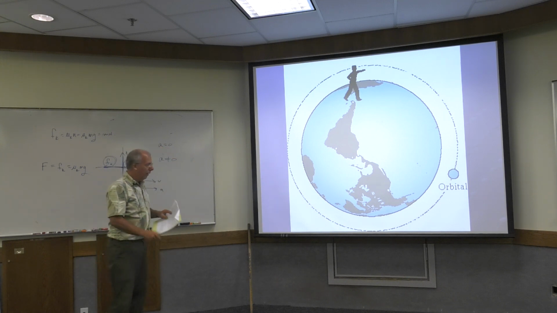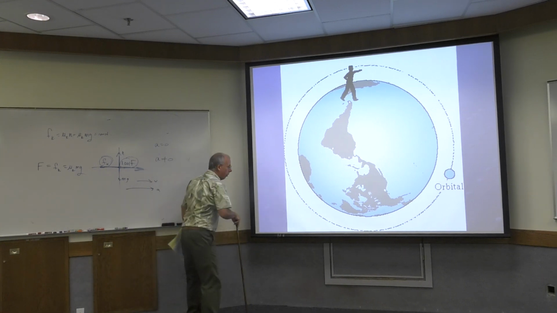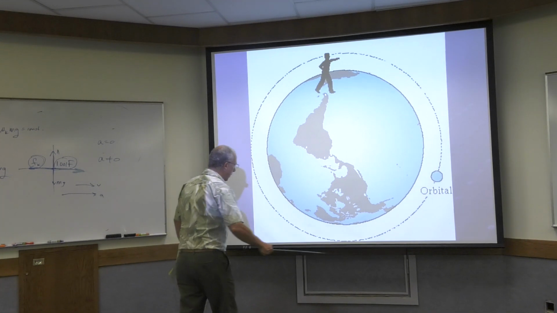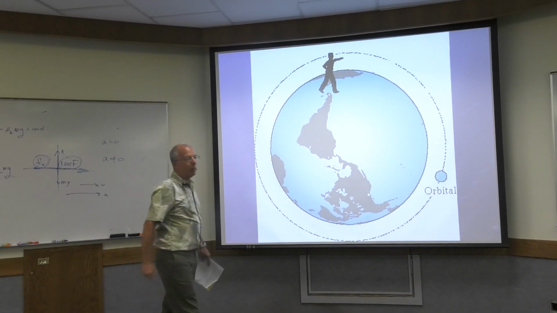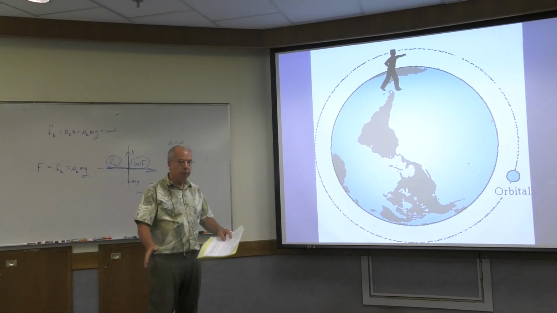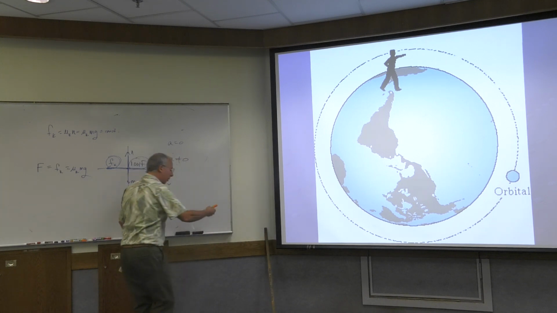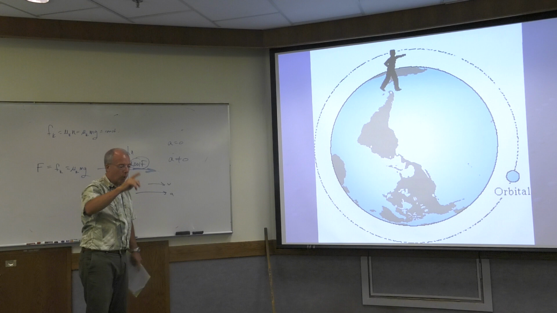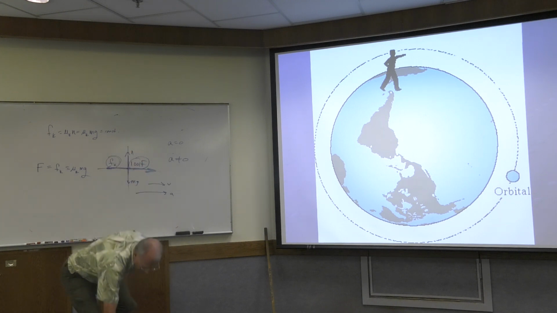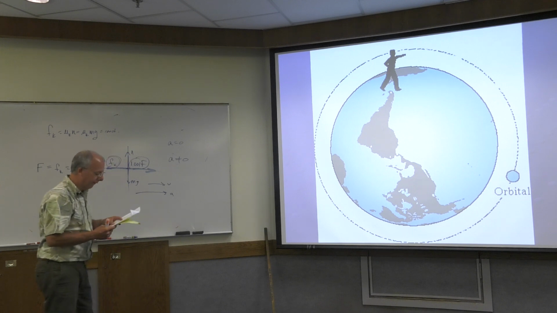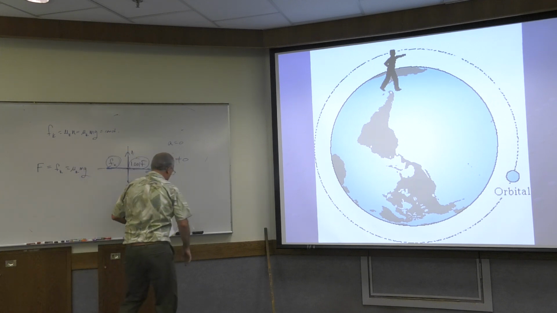Now, forget about having a ball here. How about a satellite? If you have a satellite that orbits the Earth, what kind of motion is that? It's free fall, right? So again, a falling marker and an orbiting satellite, that's free fall. And they both obey the same law of gravity. Okay? So what we're saying is that,